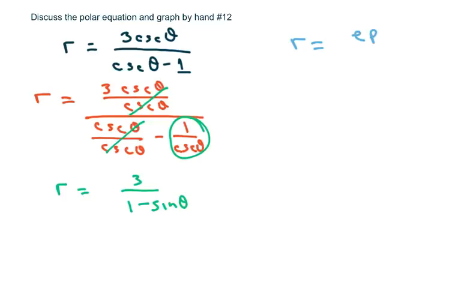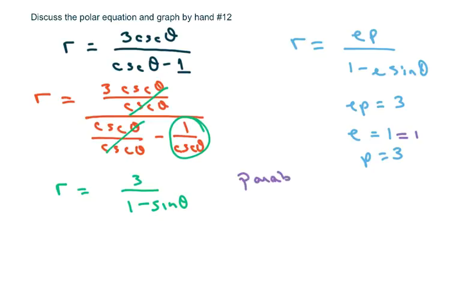And we have EP over 1 minus E sine of theta. My EP equals 3. And my E is 1, and therefore my P is 3. Since my E equals 1, that means this is a parabola, and the directrix,